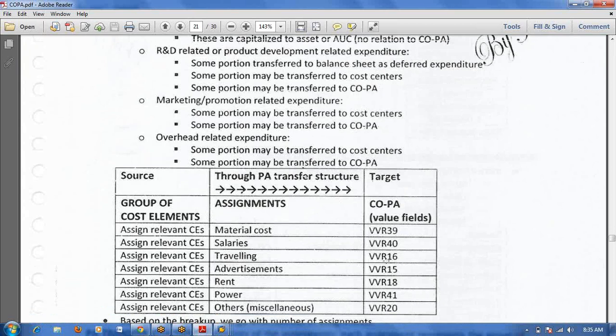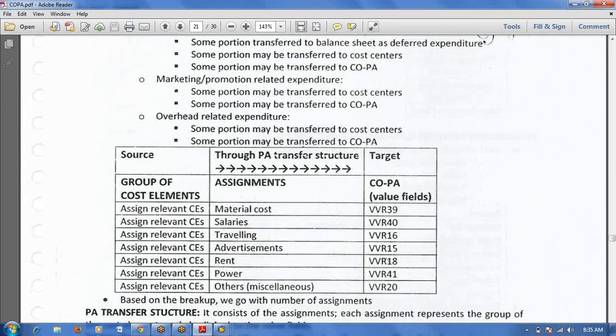Hari, I got this, but are you sending us some BPP or something relating to this? In BPP we have not followed this internal order settlement to COPA module. In BPP level also you can get it, but we won't get much. Okay, fine, I can send. Okay, fine. Thanks.